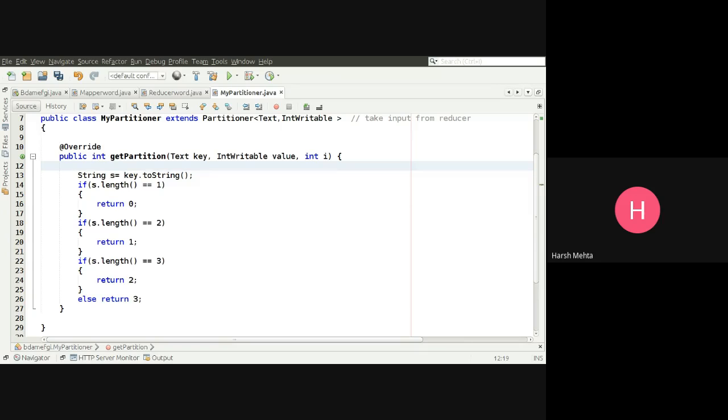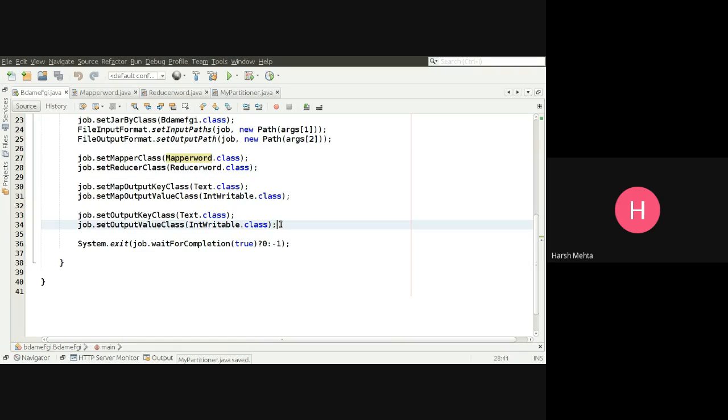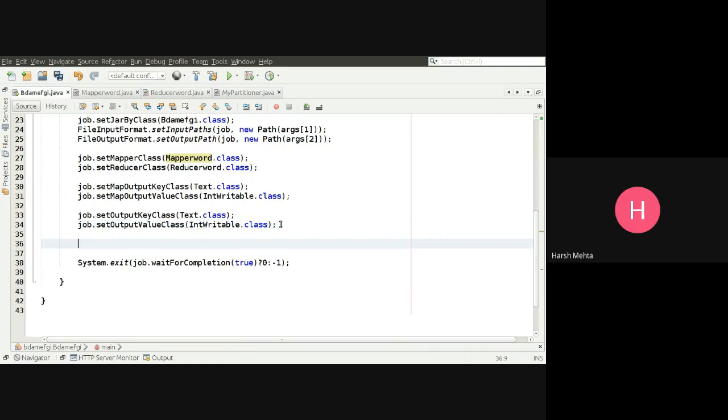What's the next thing I need to do? I need to go to my driver class, and in the driver class I need to define my partitioner class. So let me save. This is my driver class. After the output, I need to define my partitioner class.